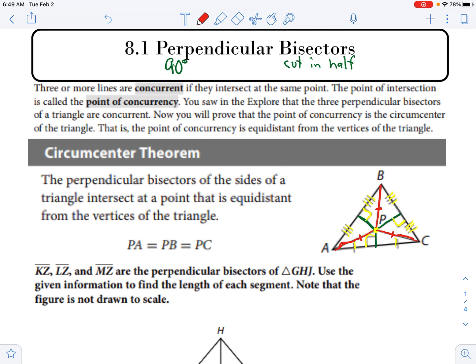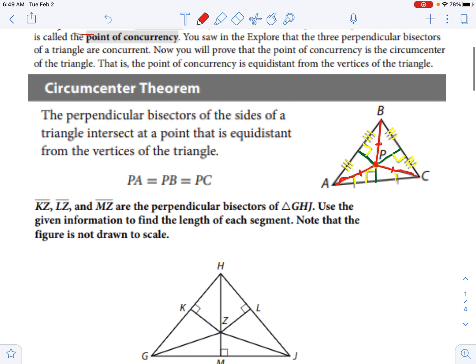If we have perpendicular bisectors, where those bisectors meet, the distance from that point will give us our congruent segments. The other thing is up here I want to just show you where three or more lines are concurrent, they intersect at the same point. So this would be a point of concurrency where these three lines meet. So we're going to be looking at different types of